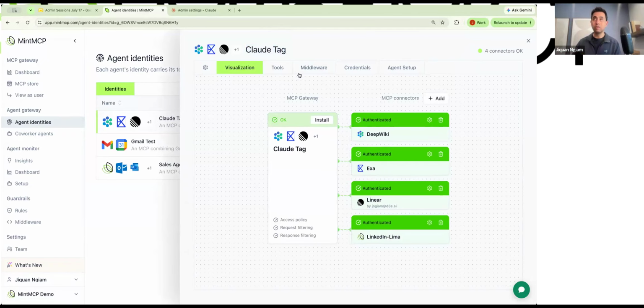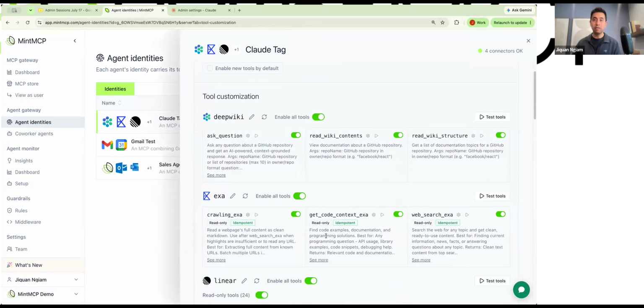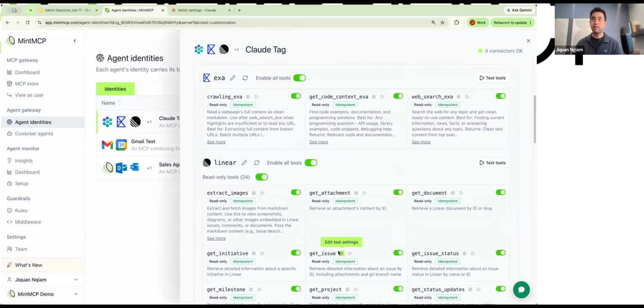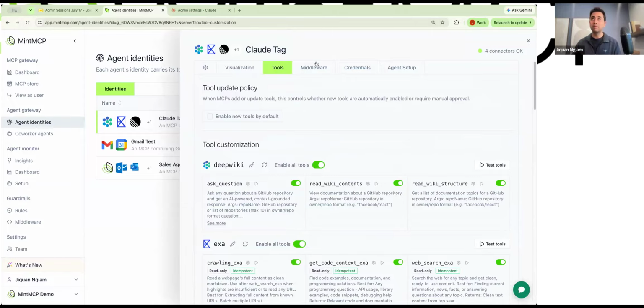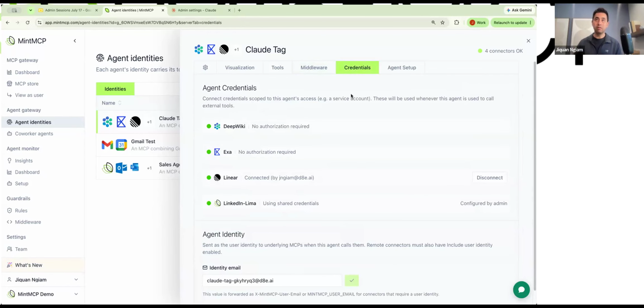You get all the same controls through Mint on the tools you can use, what you can enable and disable through all of them. I'm going to leave them on for the demo. You get the same middleware abilities, and more interestingly, you get the ability to delegate credentials. You can connect through a delegated service account or personal account, and have this be a single pane to manage all of that to the different end systems.